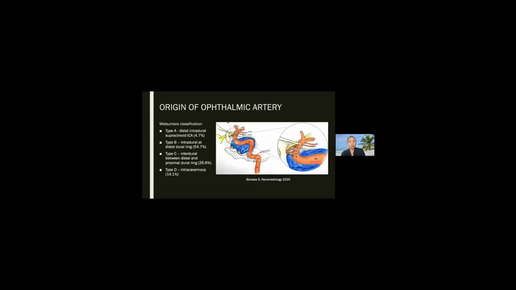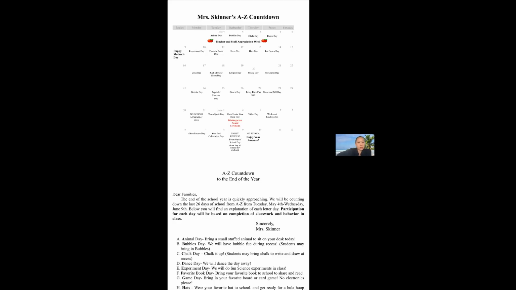And I know I just have a few minutes left, so I wanted to quickly talk about some of the vasculature, which is also crucially important for neurosurgeons, primarily vascular neurosurgeons. So the origin of the ophthalmic artery has been classified by Matsumura as having 4 different possible origins, and there's a number of variations as well. But essentially, the ophthalmic artery can come off distal to the